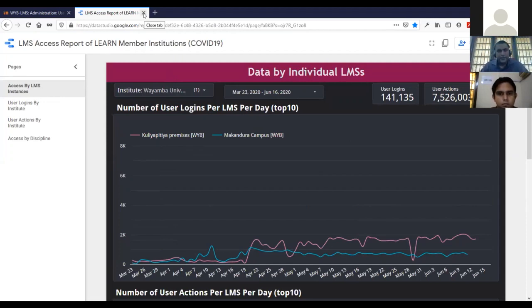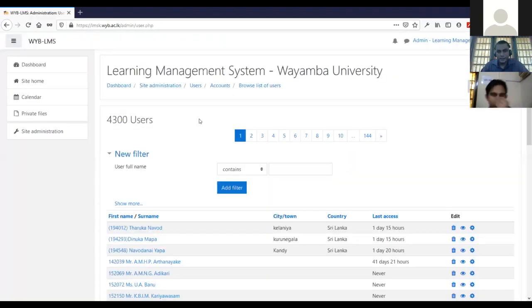Now you need to get educated on how to use this and how to get the maximum out of this LMS. So, starting from a very basic level, let me hand over the session to Mr. Akila to demonstrate. While we are working, we will show you how to do things inside the LMS. So Akila, over to you. One second, Akila. Before we move on, are there any questions that need to be answered from myself?